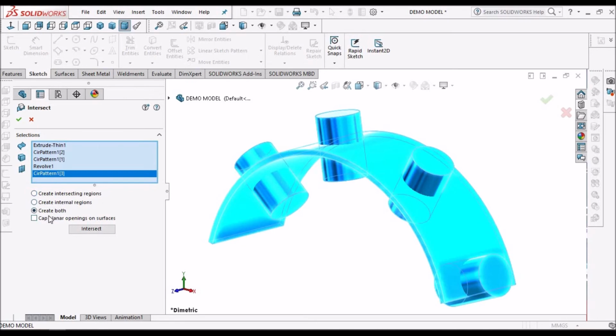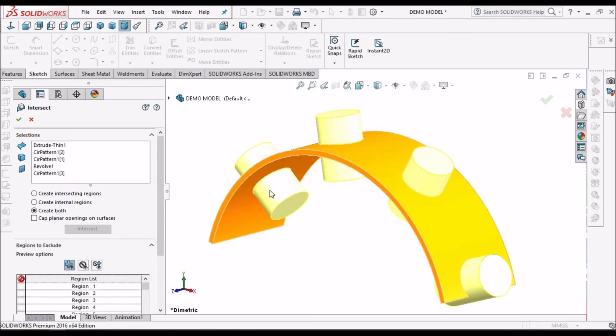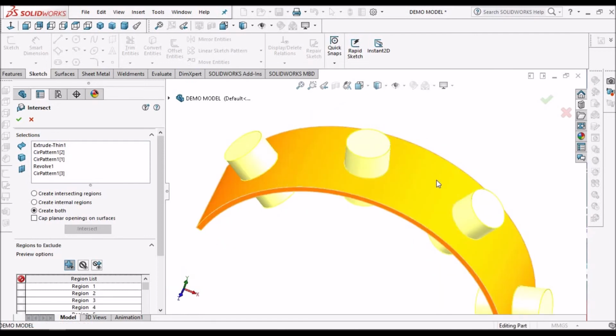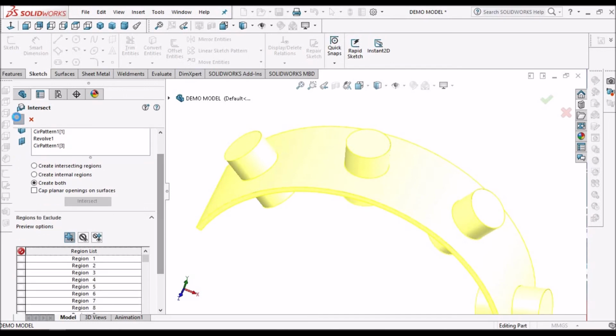I am using create both, and we have to select this intersect option. Then it generates different bodies. We can see different bodies, all isolated. If I say OK,